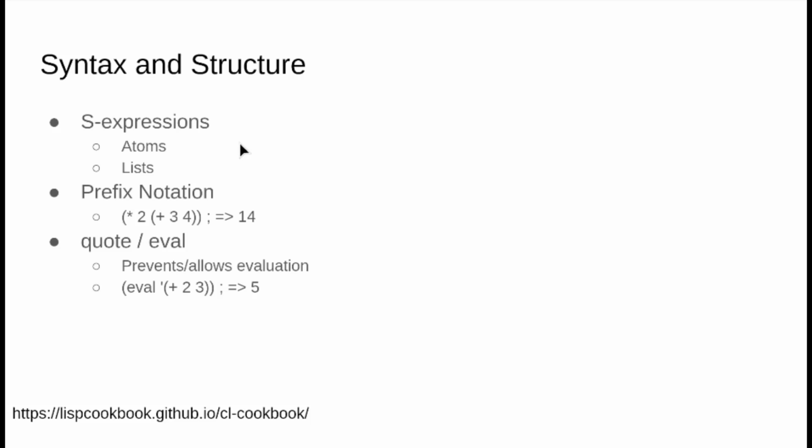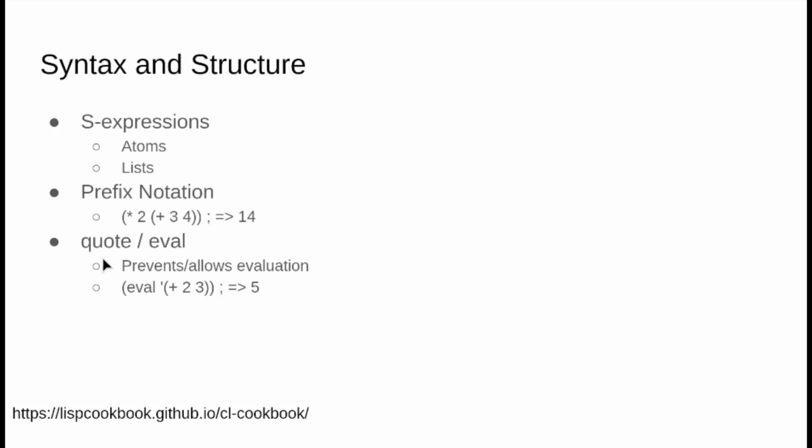Prolog atoms are symbols in Lisp, and atoms are like a bigger super category of that. But anyway, lists are just lists of atoms or lists. It has prefix notation, so you can see here this would be 3 plus 4, the quantity times 2, which is 14. And just for future notice, whenever there's a semicolon in Lisp, that's a comment, so this is just a comment that it equals 14.